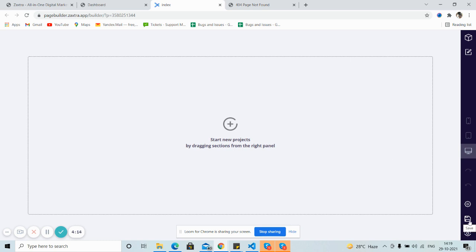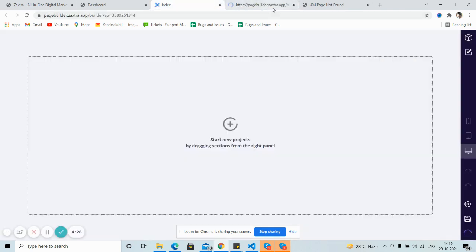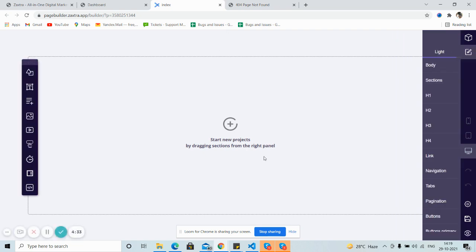And the last two options we have here are the save button. Once you have updated your page using the page builder, you just click on save. All of your settings will be saved for the page. And last is preview, to see how your page will look to your customer. I will come back to that once we have created a new page.